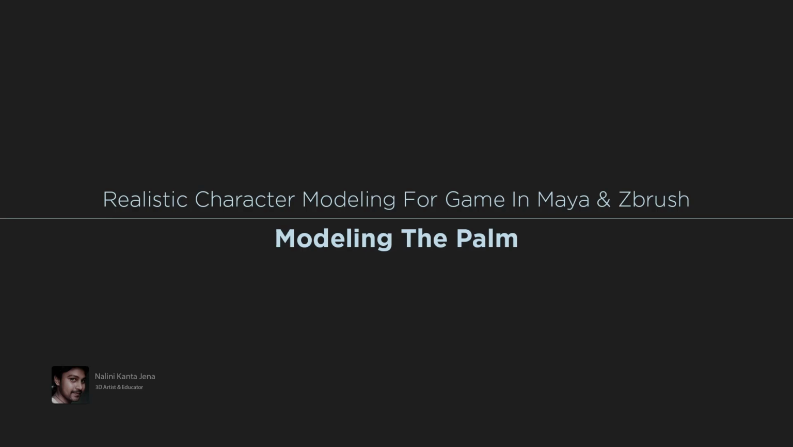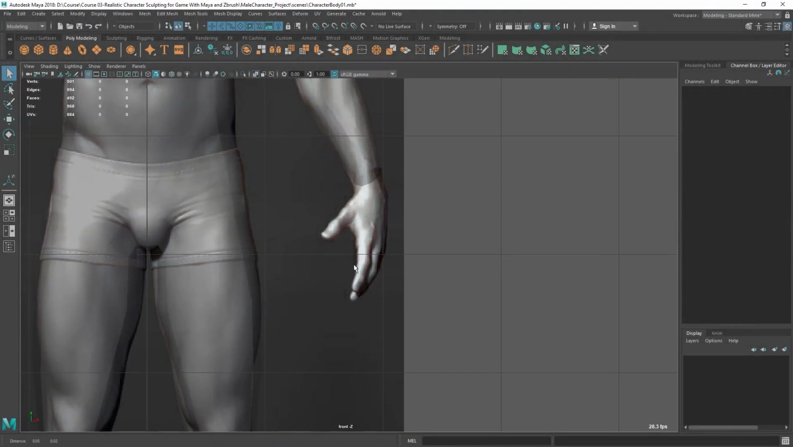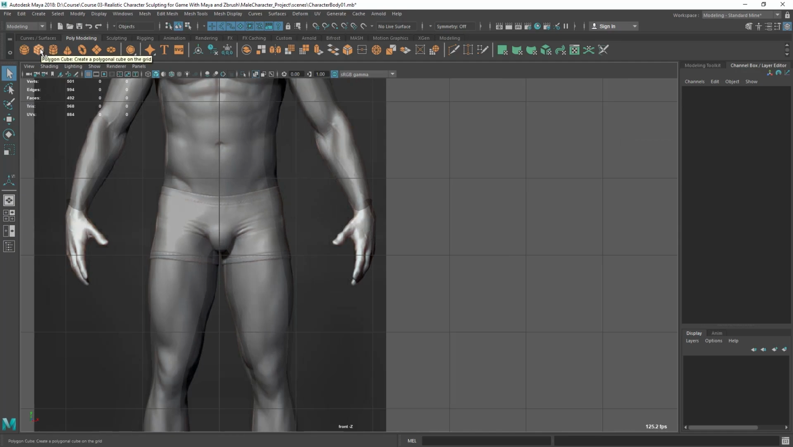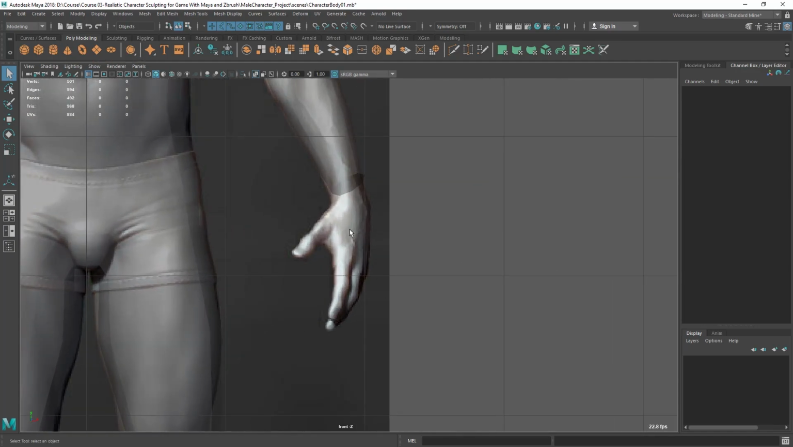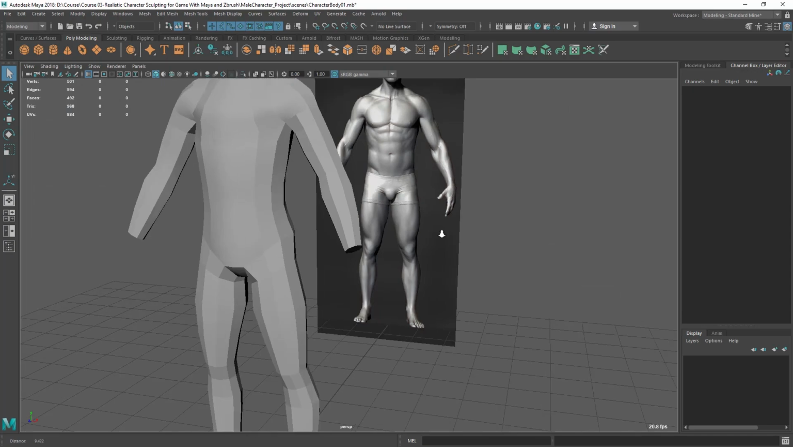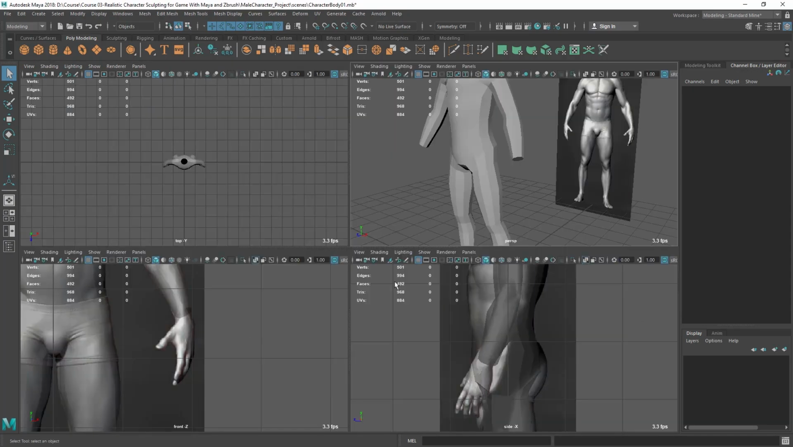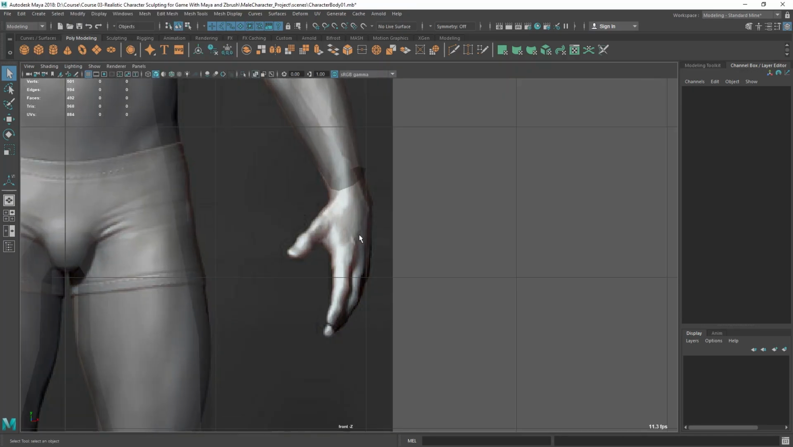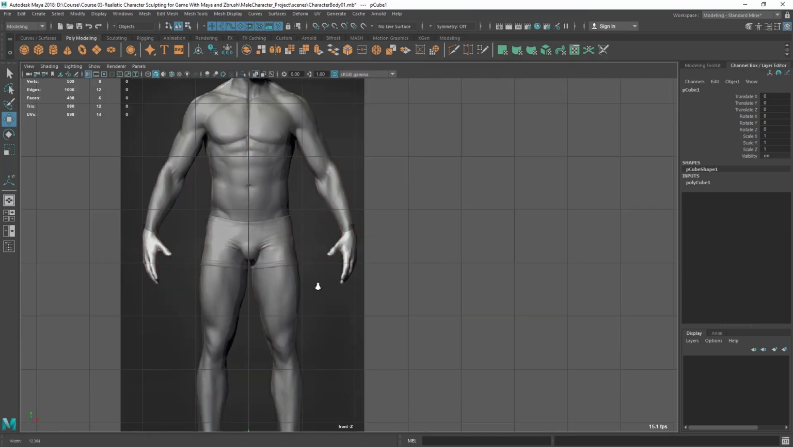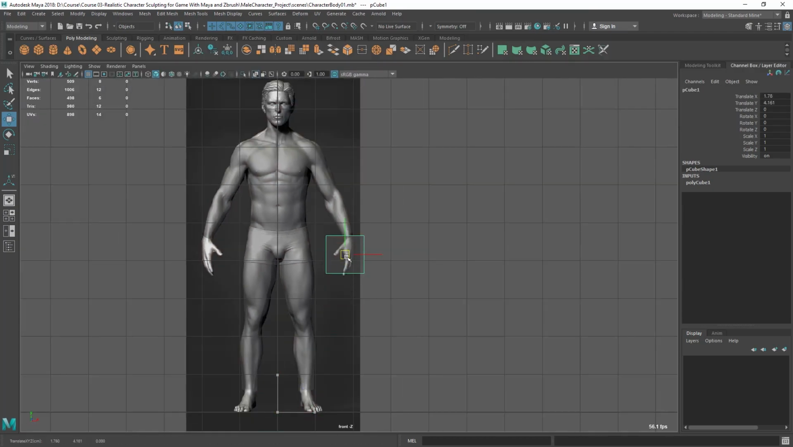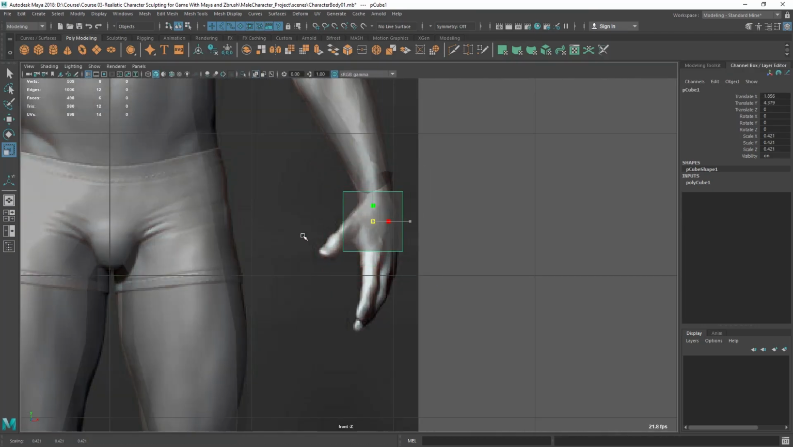Hello everyone, in this lesson I'm going to do the palm. So let's start from a cube this time. I'm going to do this palm without the finger area first. So you can see just this area without the finger, then I'm going to extrude the finger from there. For this area I always use a cube because it looks cubical to me, and let's scale it